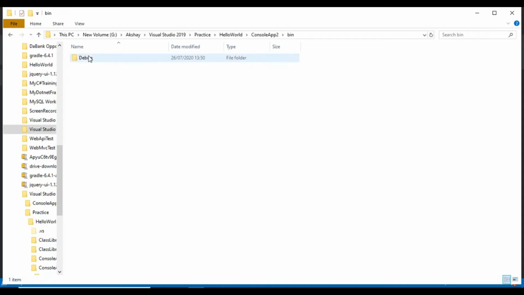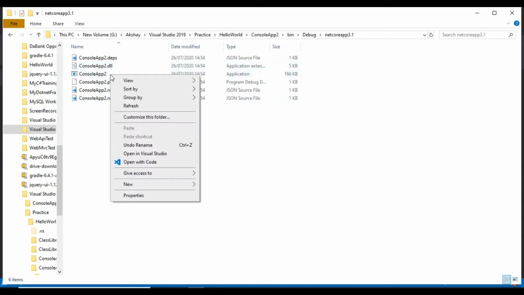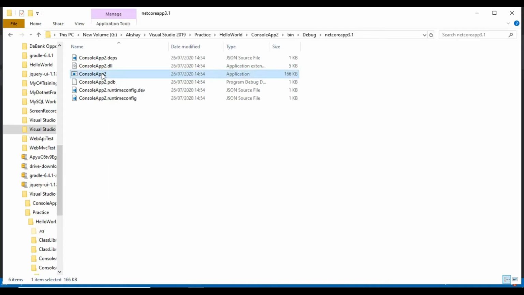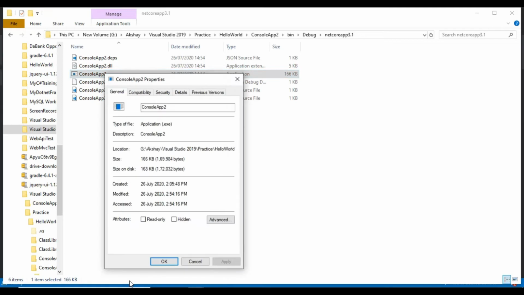Go to bin, debug, netcoreapp3.1, and you will see there is a .dll file as well as an .exe. This is the main file. You can check by right clicking that file, going to properties, and as you can see here, this is of .exe type.